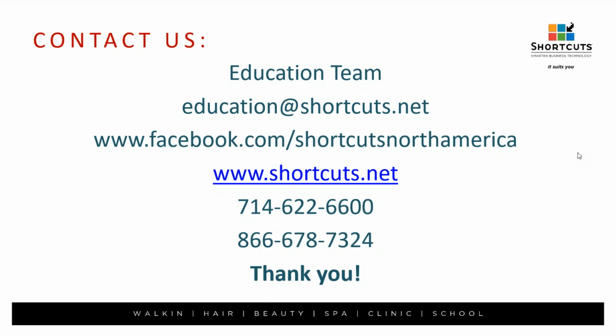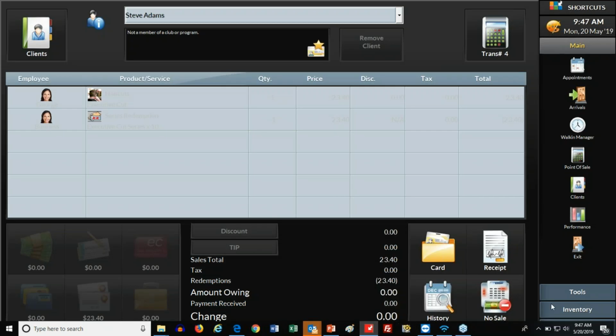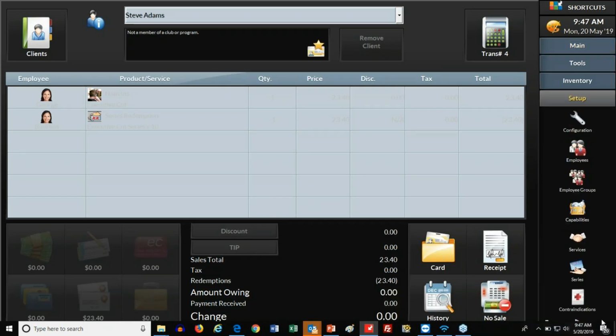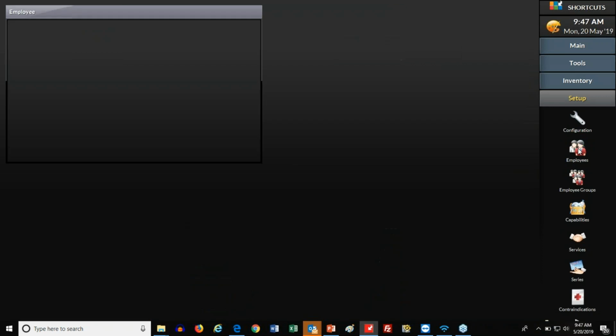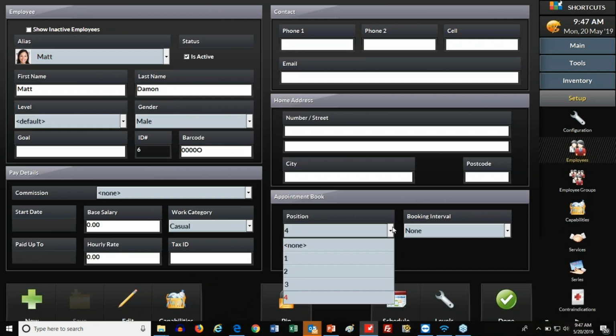Perhaps to clarify, maybe you want to have an employee's name in there, but not have them available in the appointment book screen. So maybe you do have an assistant, but they should never be booked. They should never be in the appointment book. So I'm going to go to Shortcuts, and I'm going to go to Configuration Employees. So if I had a staff member, and we'll go to Matt, for example, normally on the right side near the bottom, Matt has